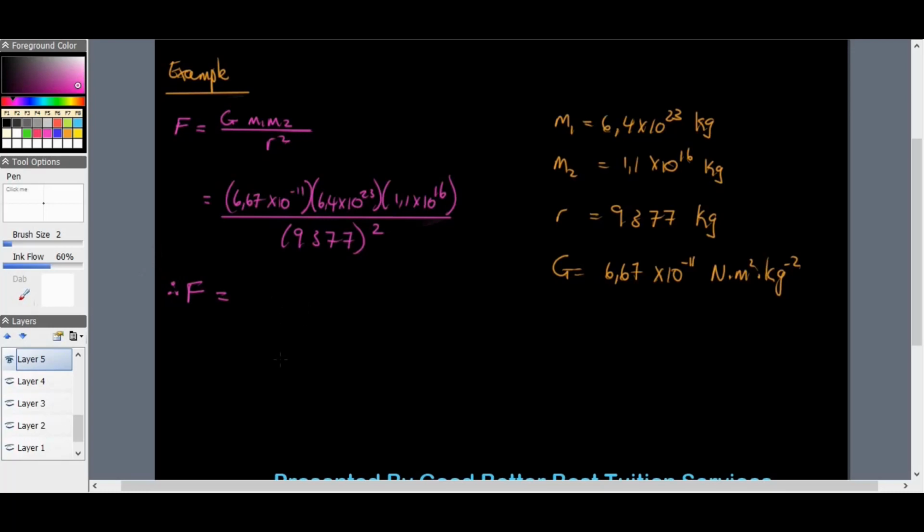We round that off now. So 5,34 times 10 to the power of 21 newtons. And that is going towards Mars. Just out of interest, if you decided to use 6,7 and not 6,67, let's just check how